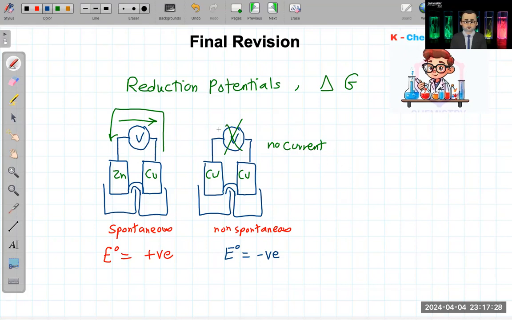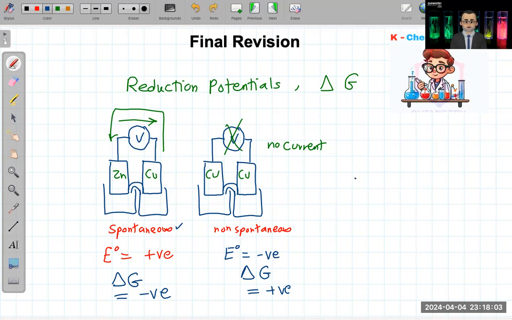But in order for this to be spontaneous electrochemically, it also has to be spontaneous regarding the delta G. So if the delta G is negative, it means that it's spontaneous. And if it is non-spontaneous, the reaction does not happen and the current does not happen, this means that the delta G is positive, because we said positive means non-spontaneous and negative means spontaneous. And also vice versa. If the reaction is favorable forward, the backward will be non-favorable.